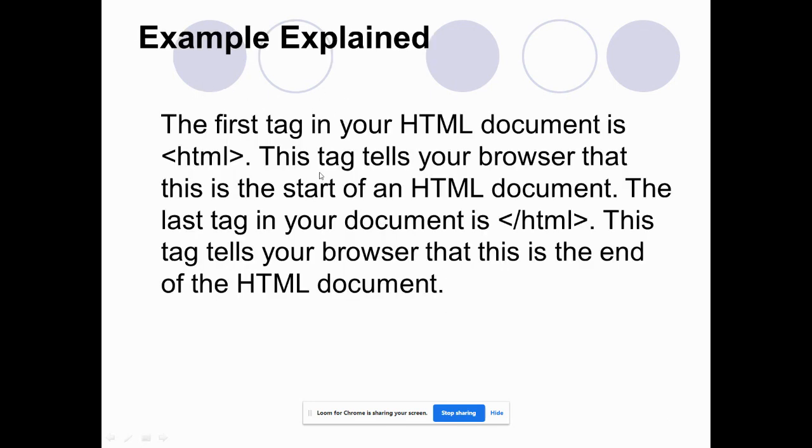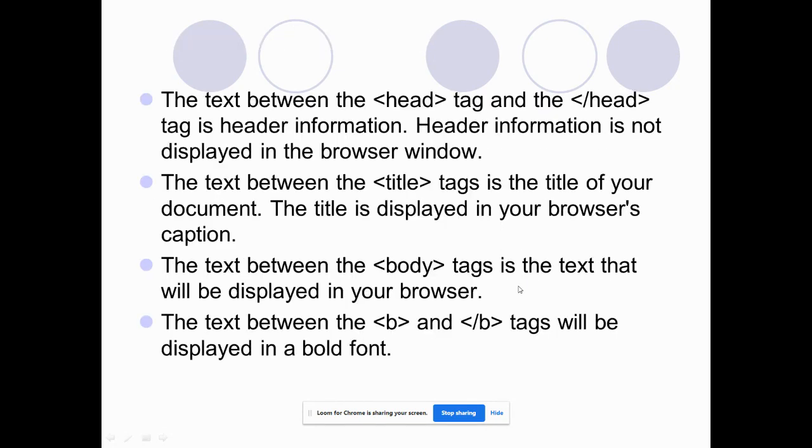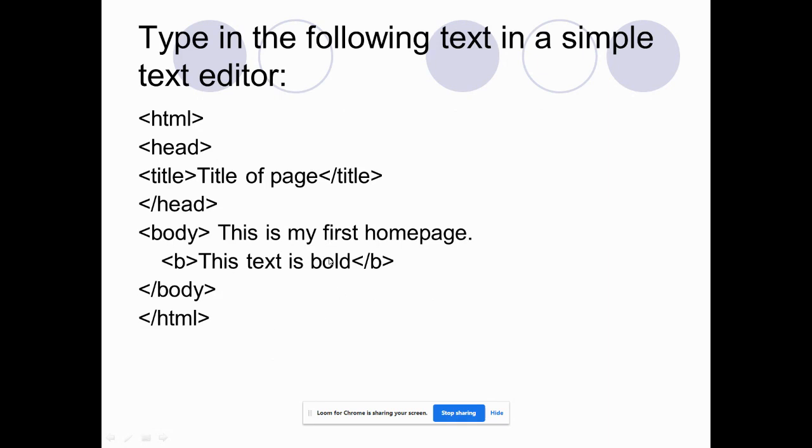HTML explained. The first tag in your HTML document is HTML. If I show you the structure, it will be easy for you to understand the structure of your HTML document. The HTML element is the root element of any HTML page. The head element consists of the meta information about the HTML page. The title specifies the title for a HTML page, which is shown in the browser's title bar on the